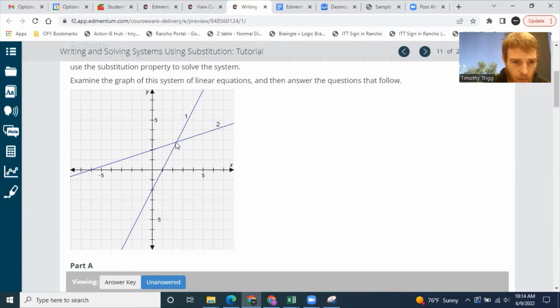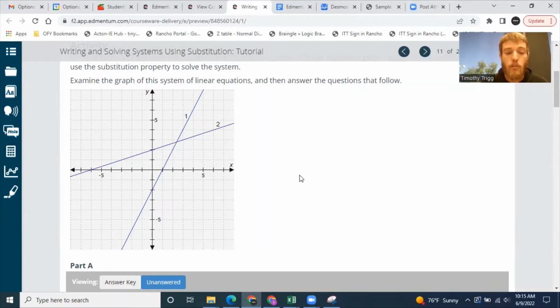It's more than 2 on the x, but less than 3. And on the y, it's more than 2, less than 3, but it's some fractional amount. So it's hard to solve this one through graphing and find the exact values,